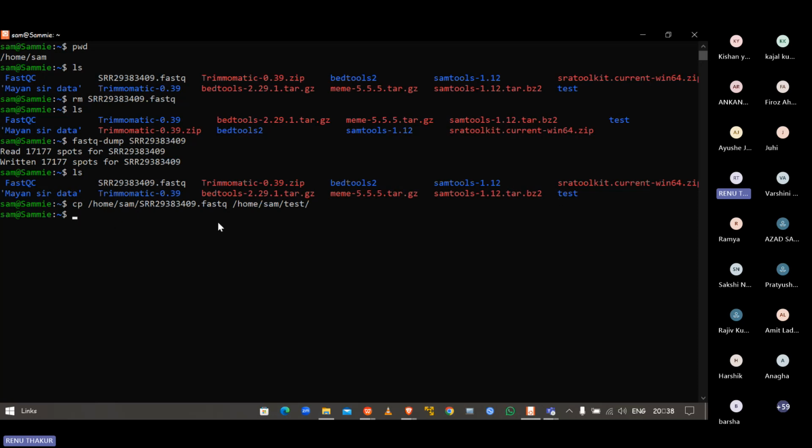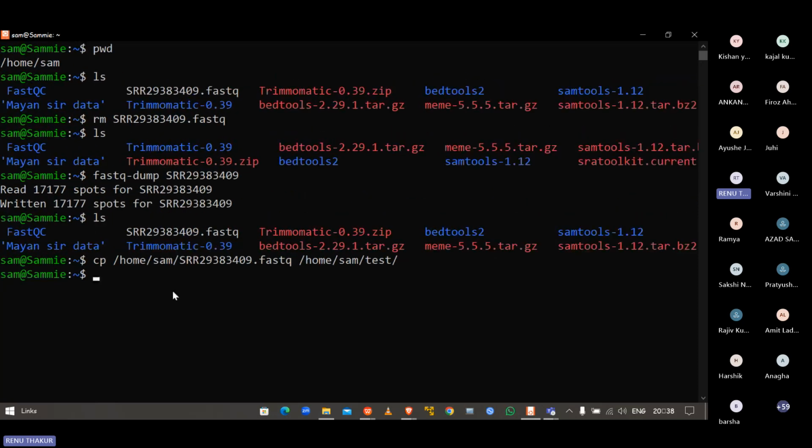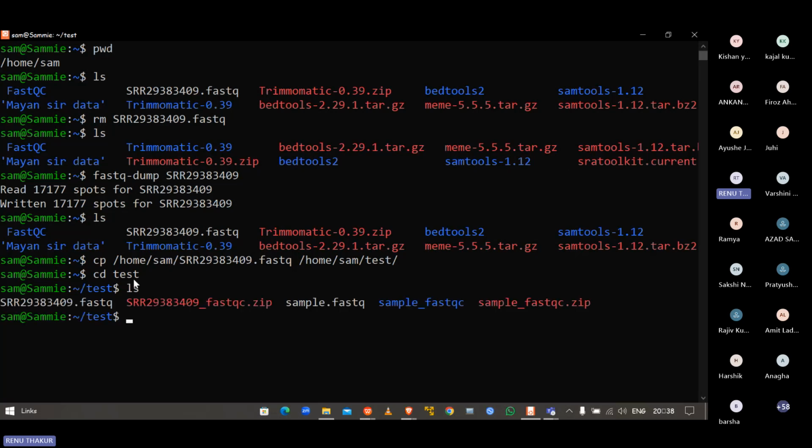So to view that, I'll just change the directory using the cd command, space test. Okay, so I've changed the directory to test, which is there in the administrative folder, and I'll list it with ls. So you can see this fastq file is already here. Okay, so these are the sample files which I ran already. So now we're going to run this particular file, SRR